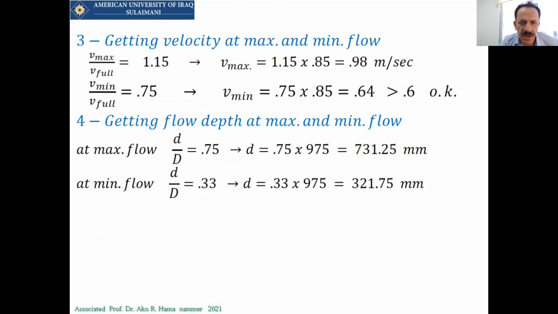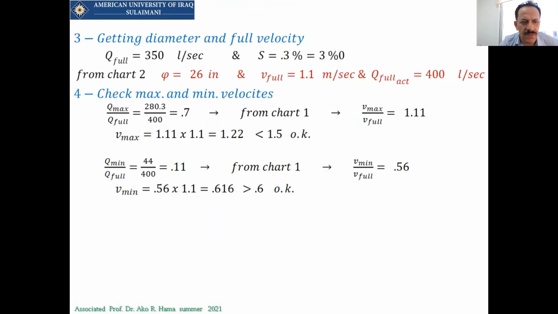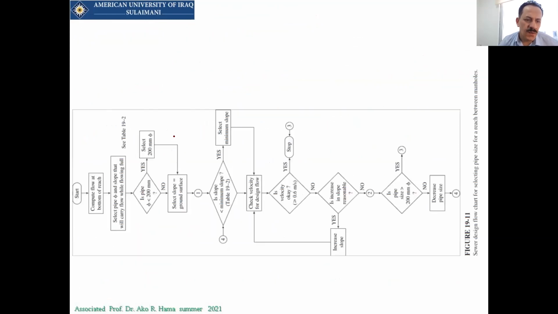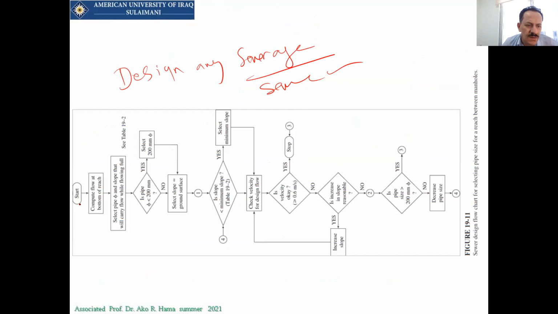By the way, I modified the PowerPoint that I'm giving you. This is how we have to design any sewers. First of all, we have to calculate the flow, and then select a diameter of the sewers. For the sewers, we should start with 200 millimeters, and we have to put the manholes, and we have to check whether that 200 millimeters will be sufficient by checking the velocity.